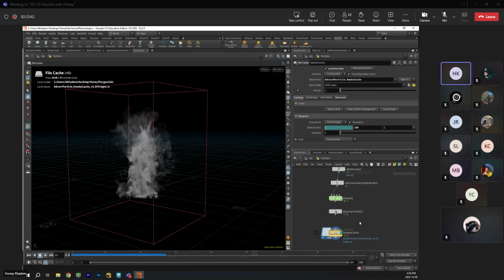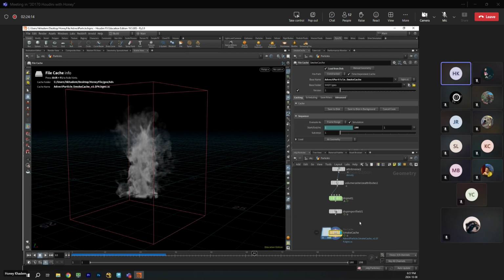Up to this point, you don't need to know anything about what I did with the smoke. I only need you guys to just see what I did, okay? But me doing this, I'll explain next session how to create it, okay? But I want you to understand that I cached a volume simulation. Does that make sense to everyone? You have 3 fields. You saw that. I showed you guys density, temperature, velocity, and so on. I didn't need those. The only things that I needed were velocity and density.